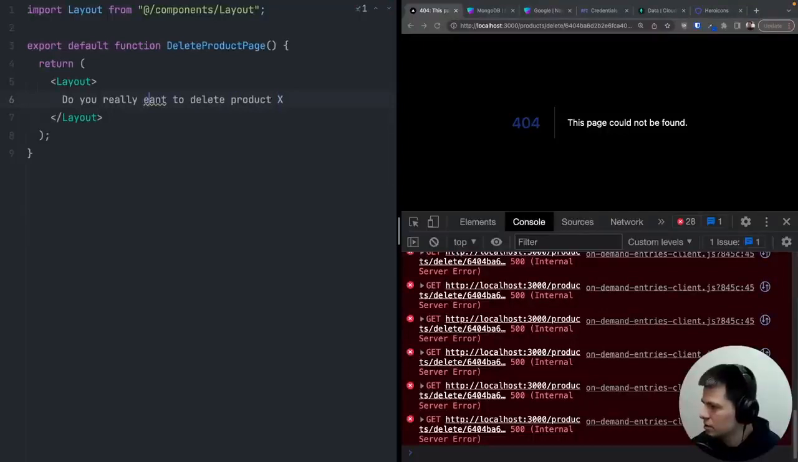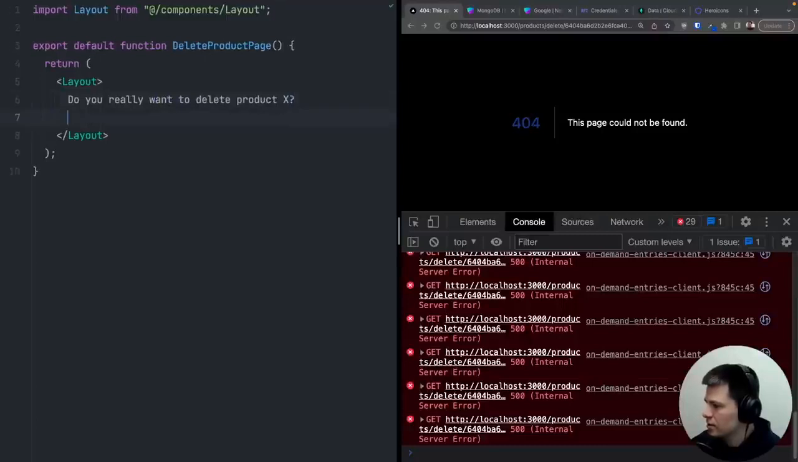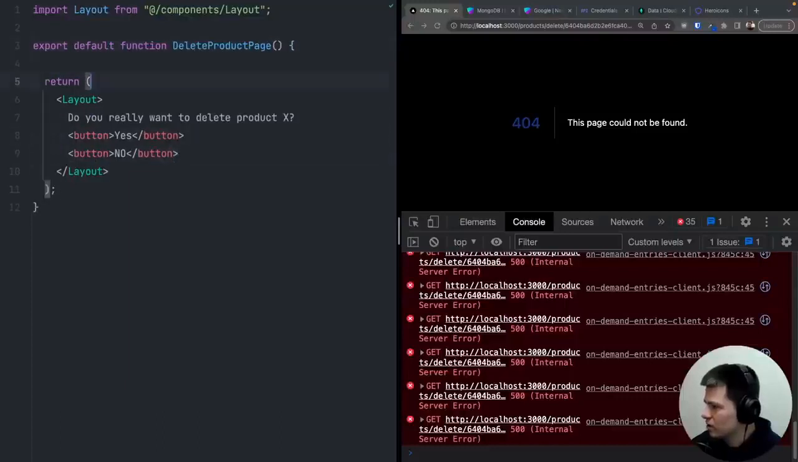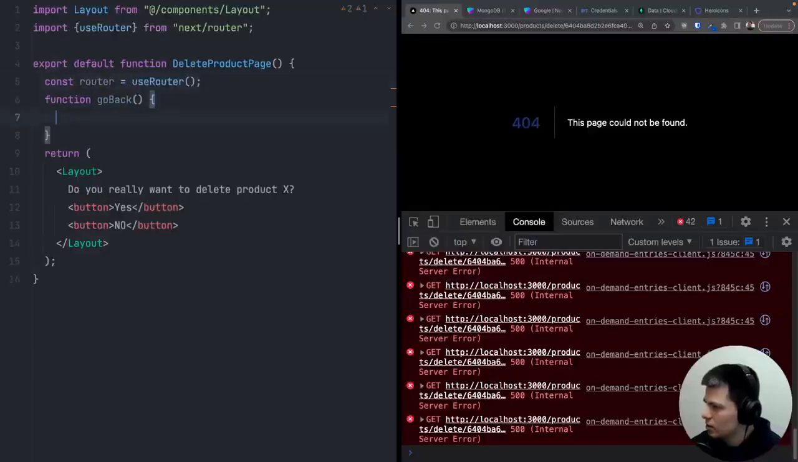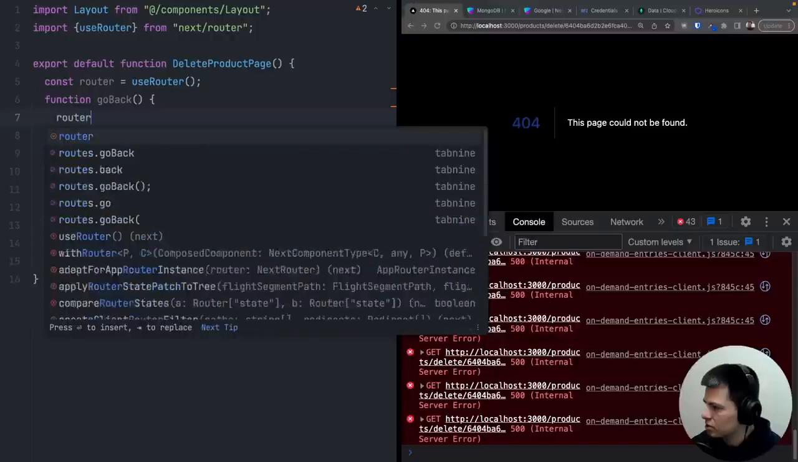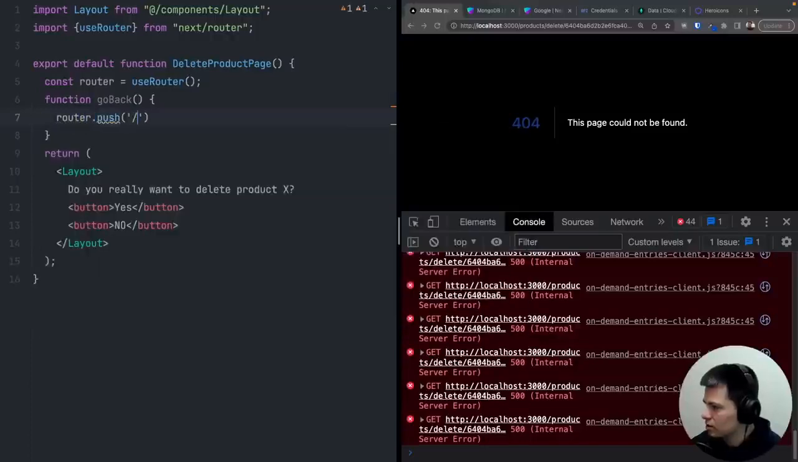Do you really want to delete product X? And then two buttons, a button that will say yes and a button that will say no. And this button with no will just run go back. It will go back to the products. So it's the function go back, and for this go back we need a router. So it's const router equals useRouter, and here we'll just do router.push and /products,